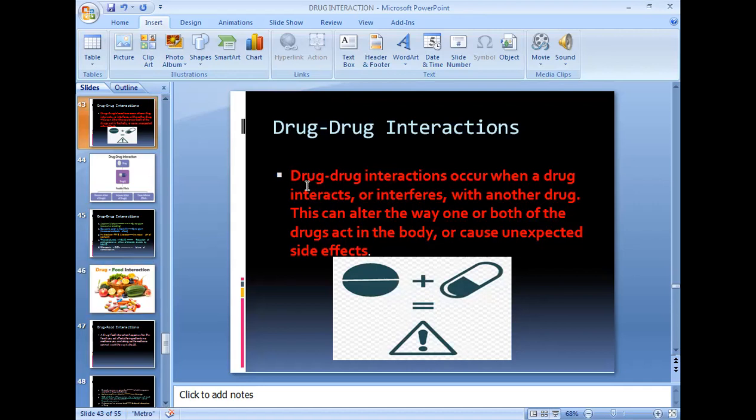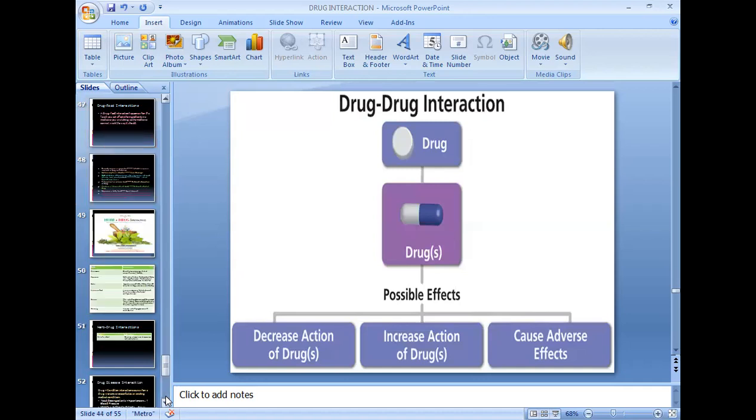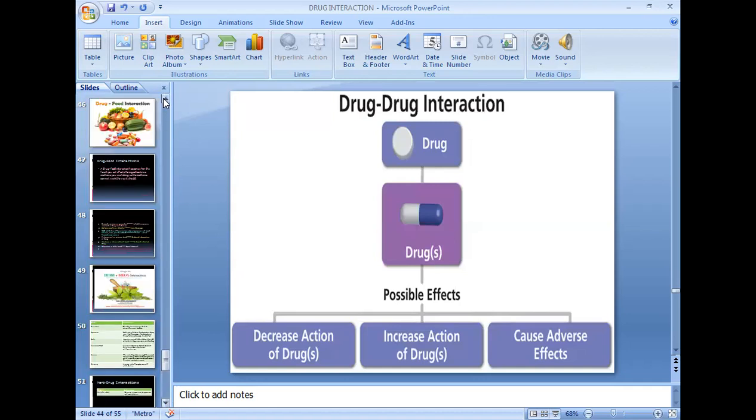In such a case, a drug is basically interacting with another drug and interfering with it, which ultimately results in alteration of the effects of one or both drugs and may cause unexpected side effects. And we can say that the effect can be of